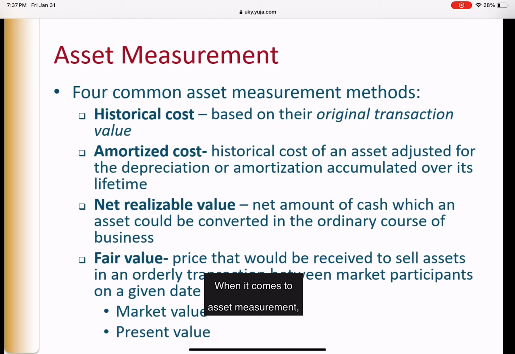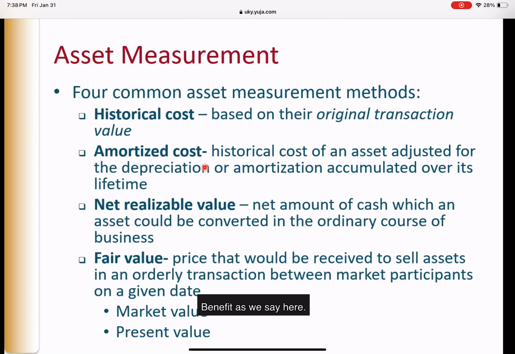When it comes to asset measurement, it is kind of confusing to users out there. Most assets are going to be reported at historical costs, being their original transaction value, when you're looking at things like land, buildings, and equipment. Now, when it comes to buildings and equipment, true, they're recorded at historical cost, but we write them off over